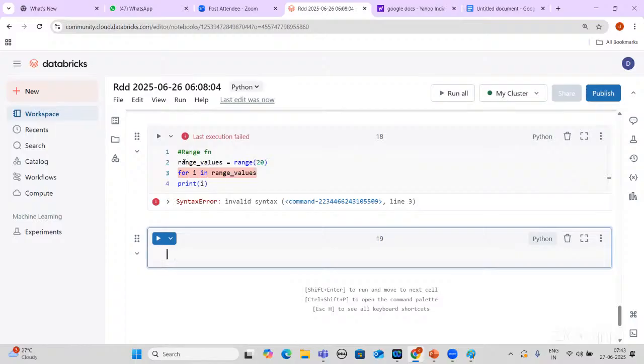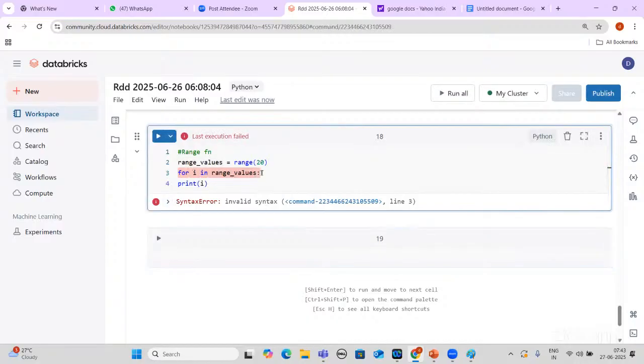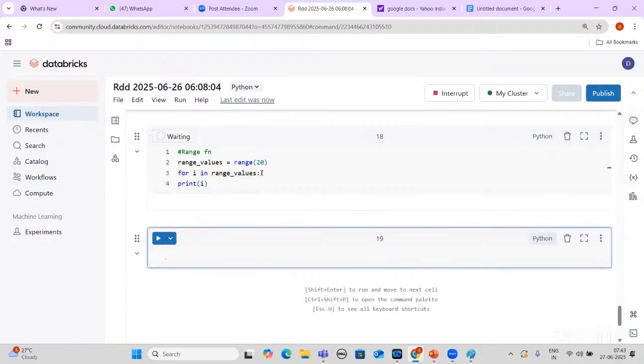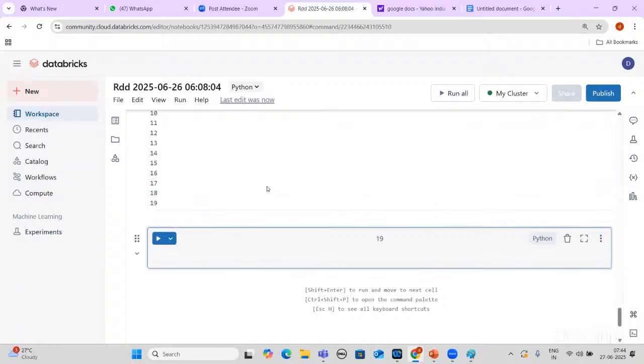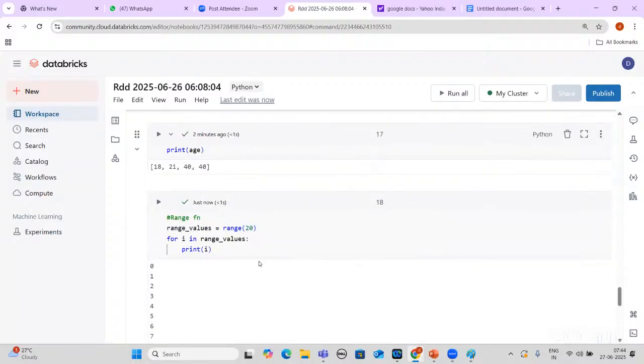Invalid syntax. For i in range values, right? Only range values. So inside the for loop, I need to give, for any function, even I always forget this,